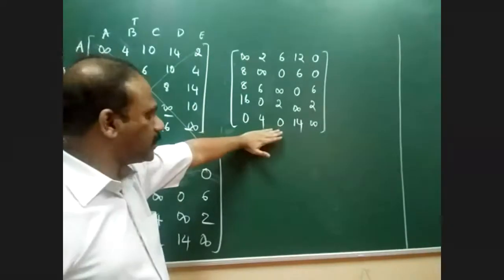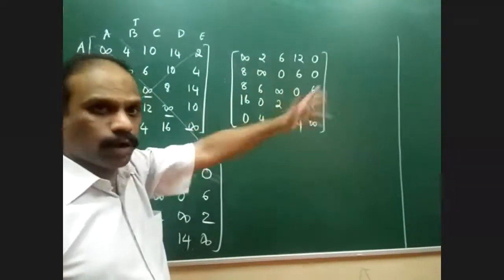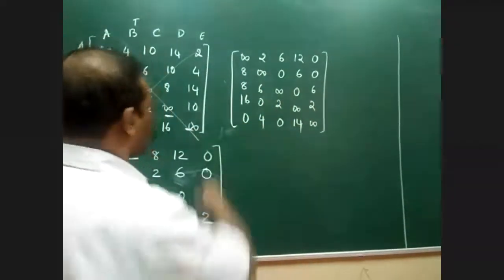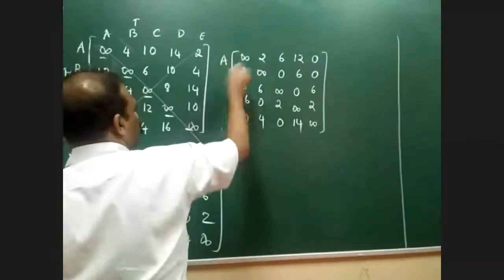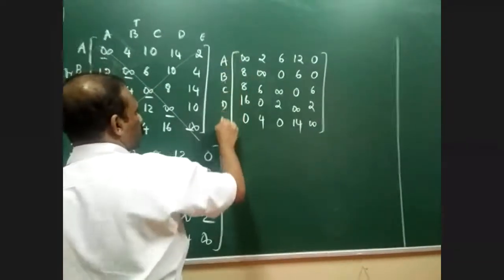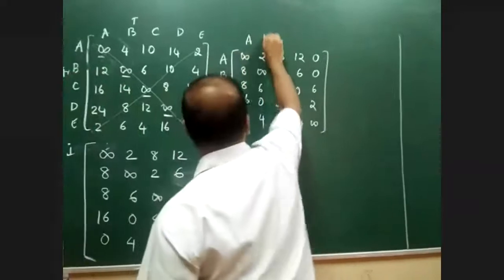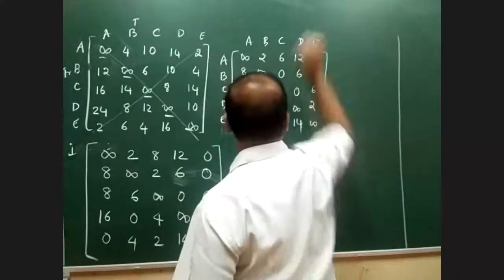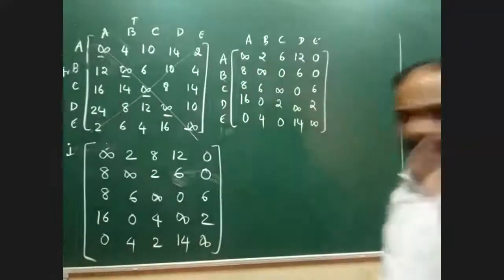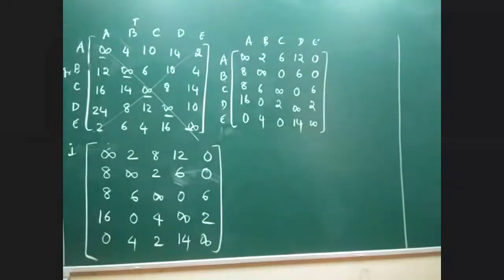Once the condition is satisfied, then obviously the last step is what? Assignment model. Okay, let's go for assignment or allocation. So A, B, C, D, E with the 5 values. Same procedure, no changes. I am supposed to start the allocation from a row with a single zero. Absolutely the same method.